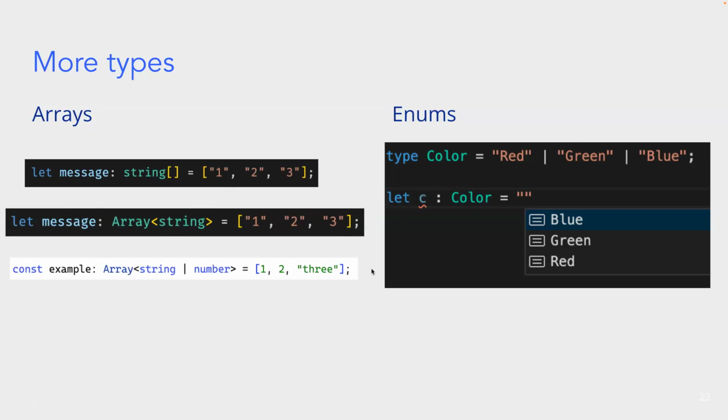Okay, so enums are an important feature in TypeScript. Basically, they allow you to impose more specific restrictions on types. So here in the example, we have the color type, which is specifically the strings red or green or blue. And this provides a more specific restriction than just a string type. So if we wanted to make a variable C of type color, C can only be blue, green, or red. It cannot be any other string. So if you have a variable that can only be a specific set of values, then you should use enums to enforce this restriction.